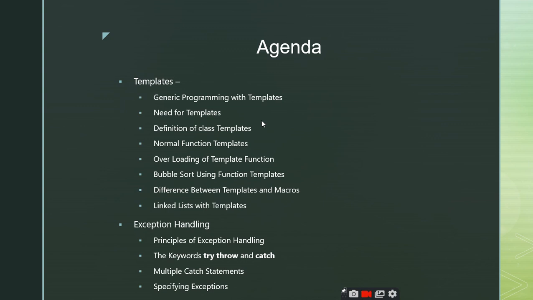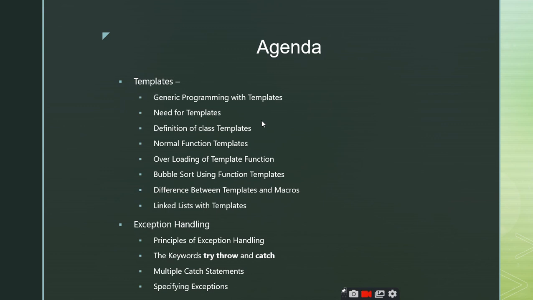So we will see both the types of these templates, with programming examples, and finally we will discuss whether we can overload the template function or not. If we can overload the template function, then how we are going to overload it, and then we will discuss the differences between the templates and macros, and finally we will see two examples on this, bubble sort and the linked list, by using the templates, right?